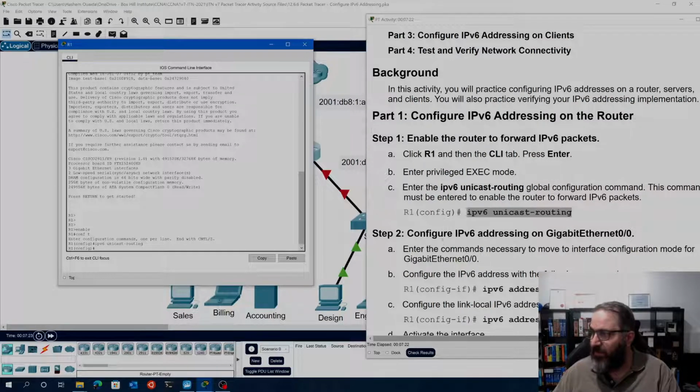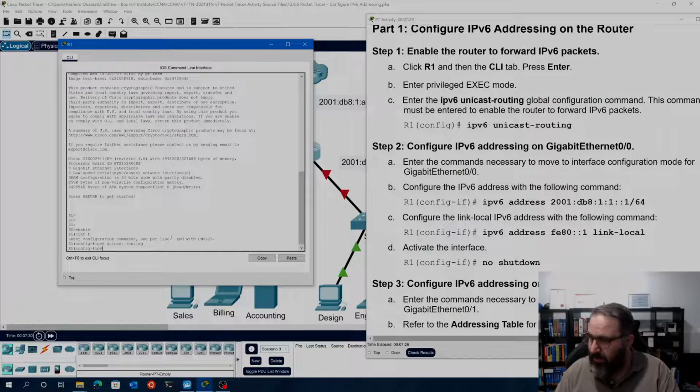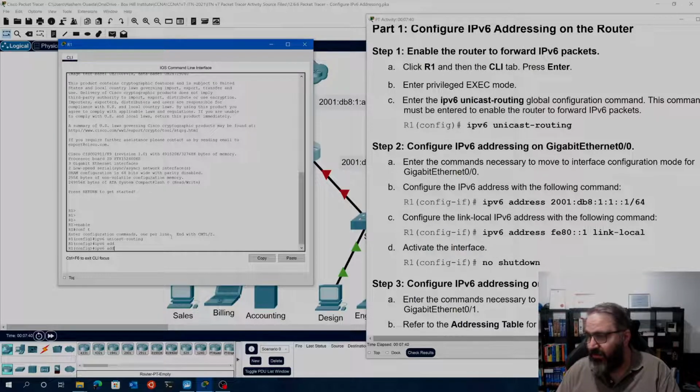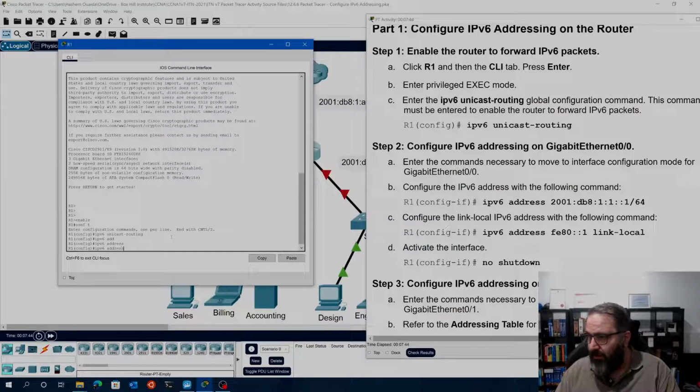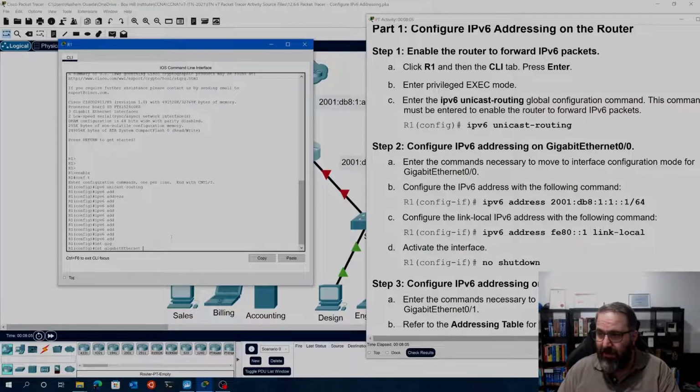So if we go to step 2, let's type. Well, let's not copy and paste. Usually in production environments you copy and paste because you don't want to make typing errors. But we want to get into the habit of doing this, and the best way is just typing it ourselves. If we make mistakes, it's not a problem, because now I know that something's wrong here, because it's not completing. What I've forgotten to do, and I keep forgetting to show my students, is that this tells me I'm not in the right area, because this should auto-complete when I press tab. I haven't gone into the interface. So let's go into interface gig. Notice how that auto-completes. That means that's the proper command for this scenario. So if we go into gigabit,